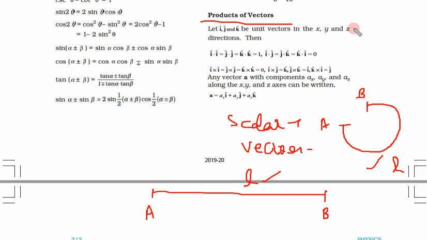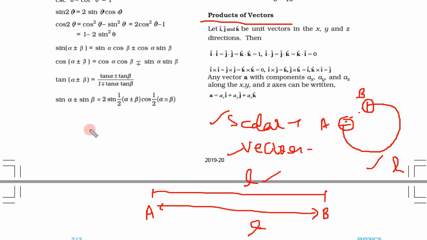Now let us see what is the distance between A and B. Distance between A and B is L because it is a straight line. But here, if you see, the distance between A and B has changed. Distance is not L. The distance between A and B depends on how it is folded or whether it is straight. So this distance is a vector quantity. Total length is a scalar quantity.